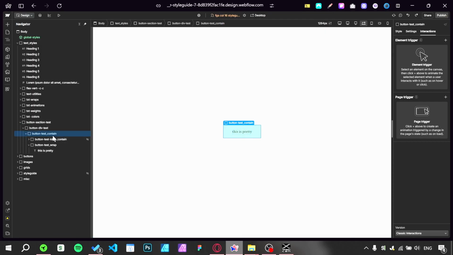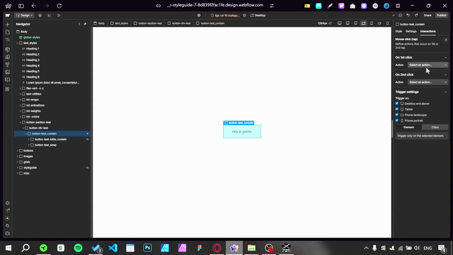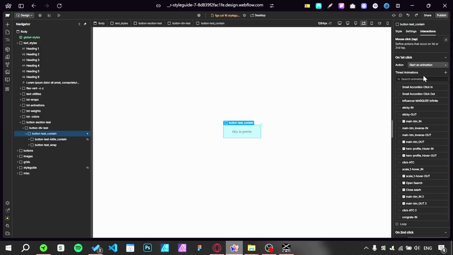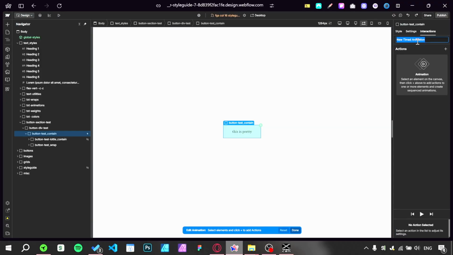So we have the test, we have the test Lottie, the test rep. So what we want is button test contain when somebody clicks on that. So let's go to element trigger. We are not going to use GSAP. We're going to use the classic interactions because of the Lottie. So we're going to click on that and we're going to create a new animation. So let's say button test Lottie. Okay, something like that. Then when we click on that,